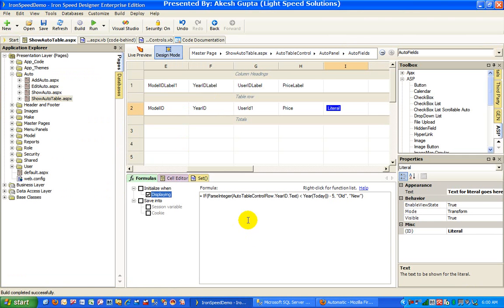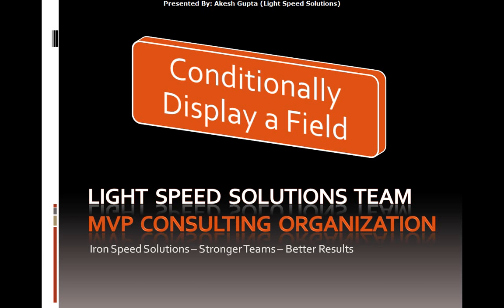So as you can see, formula editor is a very powerful way of setting things very dynamically and conditionally displaying information based on certain conditions which can be dependent on the data. So hopefully in this presentation you folks have seen and can see the potential how easy it is to conditionally